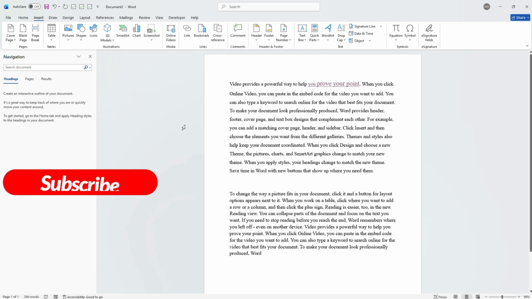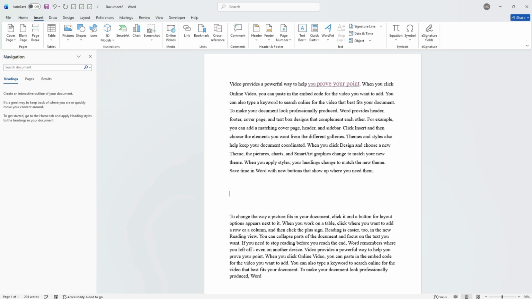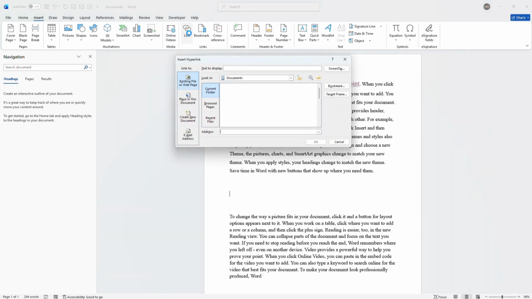You can also link other folders to your Word document you're working on. So you just choose a location, something like this, and then you move to the Insert tab once again and you tap on the link. And this time you can choose to place a document, or you can create a new one or anything of your choice. So let's use